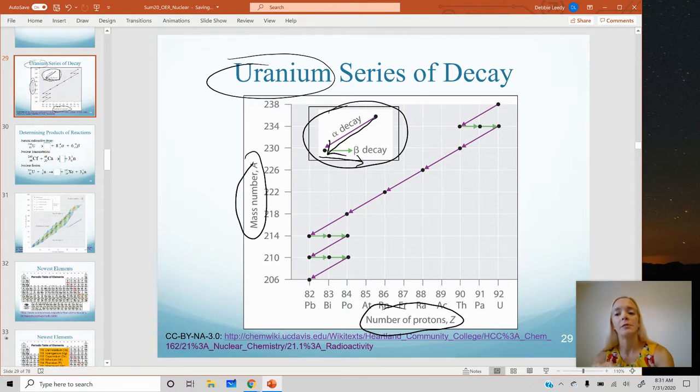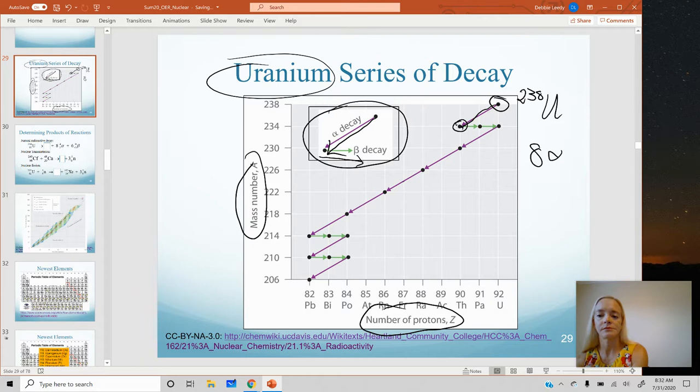So uranium, our starting point, is actually uranium-238. And so what this graph is showing is as the uranium first decays by alpha decay, then we produce its daughter nuclide. That daughter nuclide will then undergo a decay reaction. And so you can see in here, if we count up all of our arrows, we have a total of 1, 2, 3, 4, 5, 6, 7, 8 alpha decays, 8 purple arrows, and then we have a total of